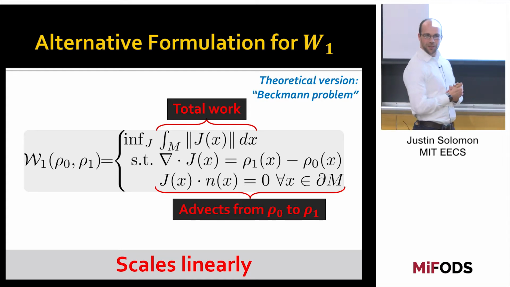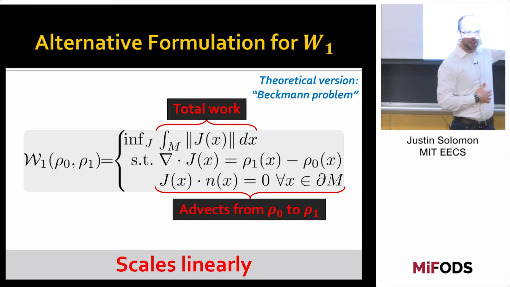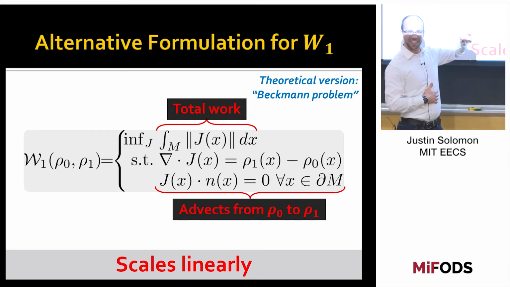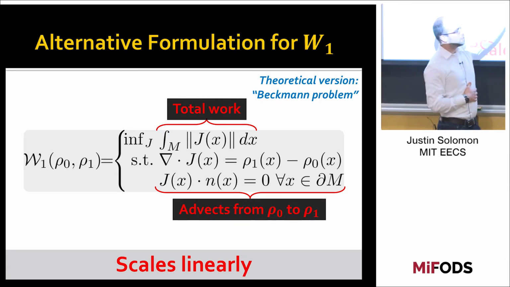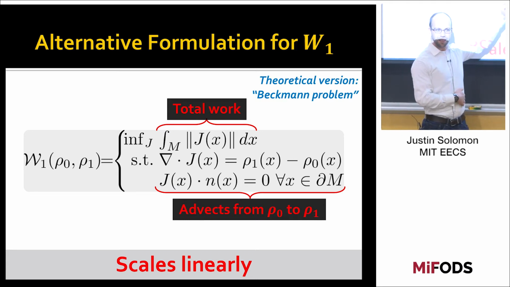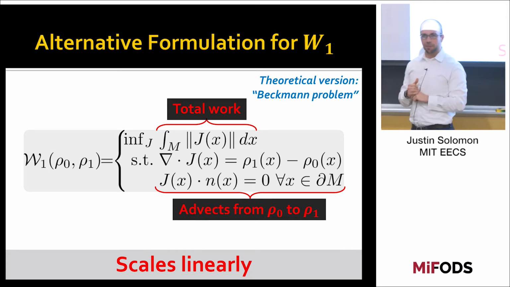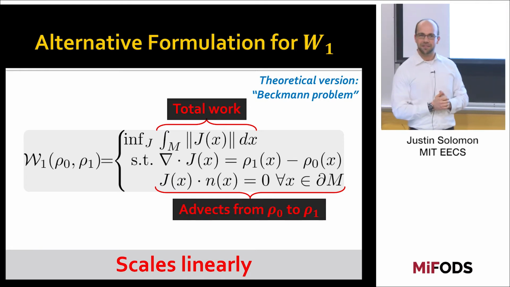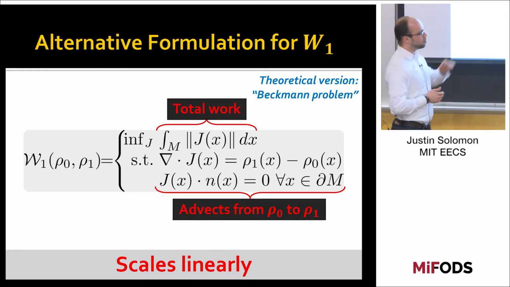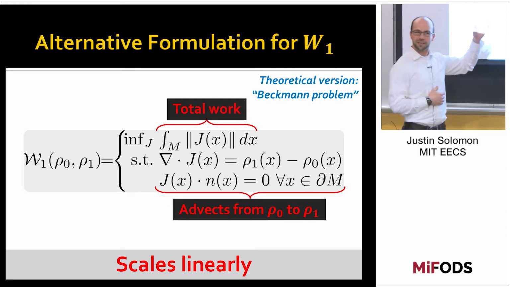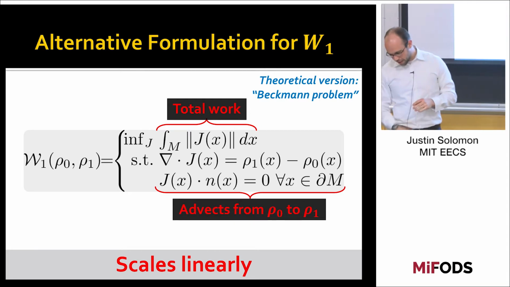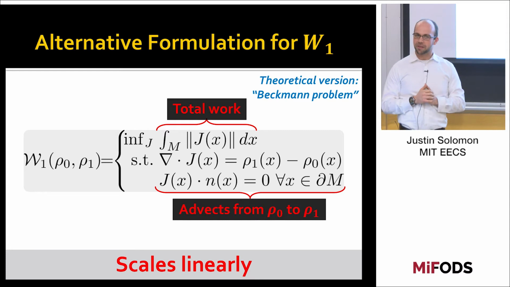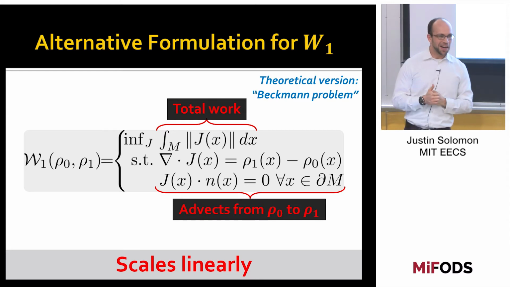Well, there used to be two indices in my unknown transport matrix, T_ij. But here, I only have one unknown per point, this J of x. So from a computational perspective, we're already doing pretty well. I don't need a quadratic number of things to solve this problem. And to make matters even better, there's no distance matrix here. This is completely local. And so at the end of the day, it turns out this problem can be solved extremely efficiently using one